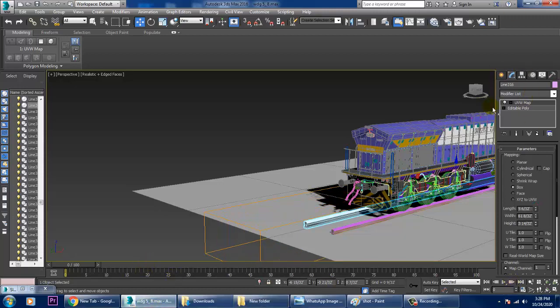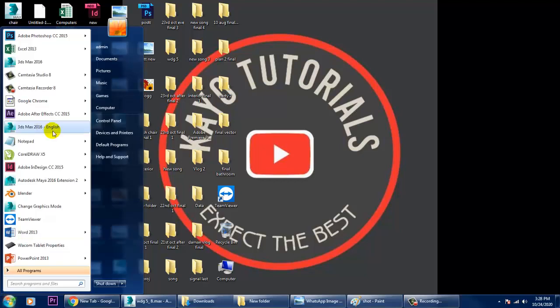So guys, I'll open one more file over here of 3ds Max.